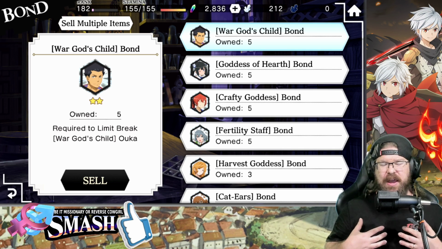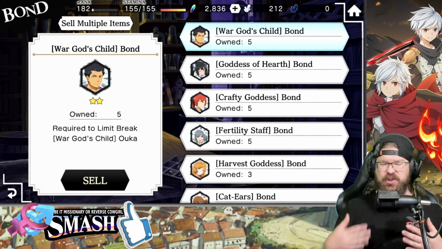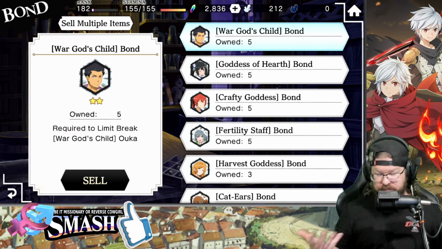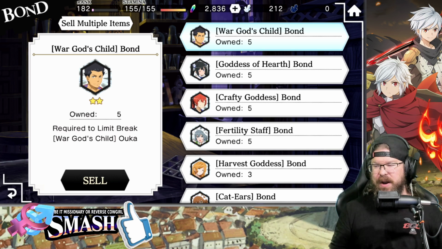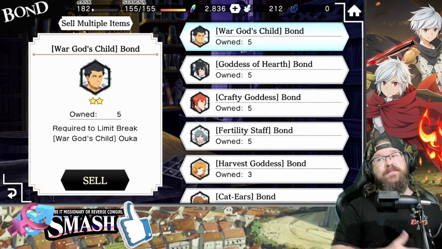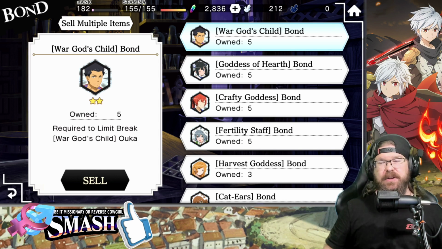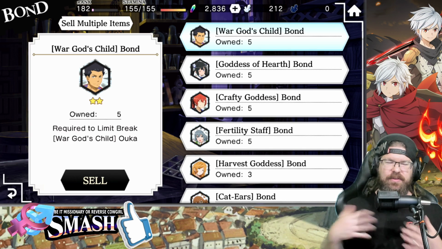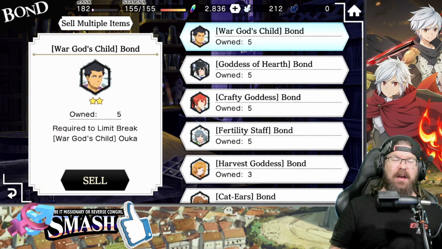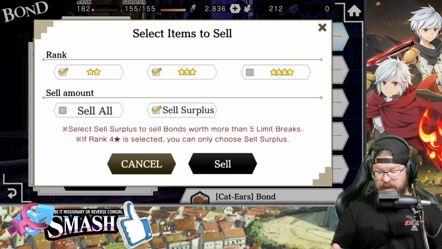I don't think I'm planning to do that, just because I've got so many other units that I need to upgrade. Because not only are you going to farm Iris from this, you're also going to upgrade your units. It gives your units bigger and better stats. So really, there's a massive benefit to what we're going to do here. But I'll cover the good, the bad, and the ugly of this whole thing here in just a quick second. So what I'm going to do is I'm going to go up here to sell multiple items, and